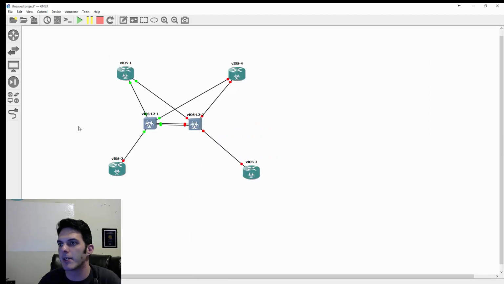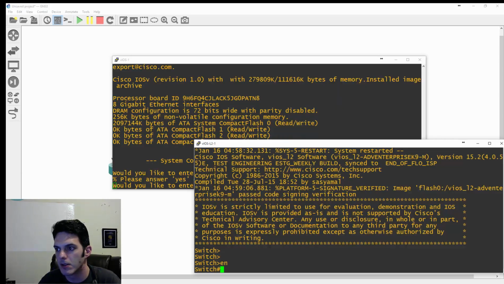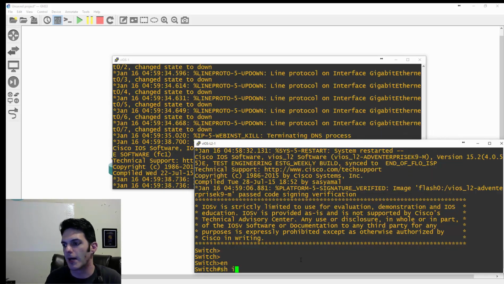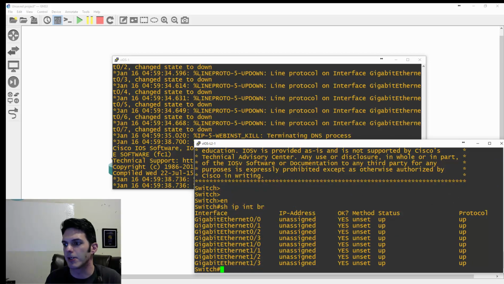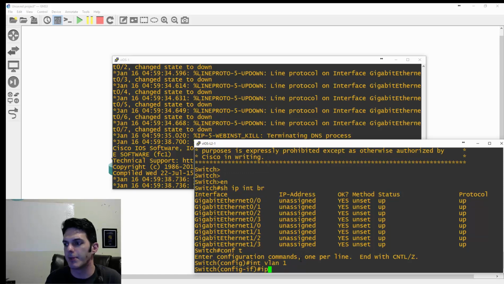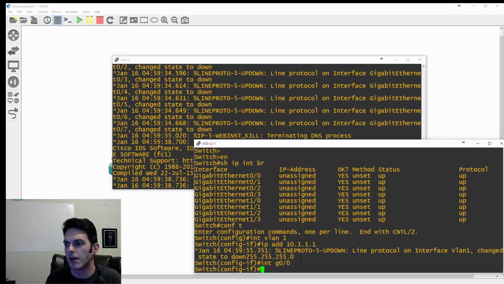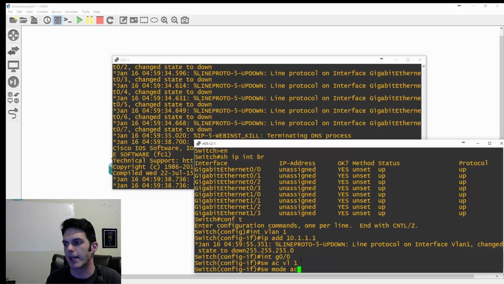I'm going to enter no on this guy, and enable here and log into that. I'm going to minimize these guys, bring up the port so it's Ethernet 0 to Ethernet 0. So I'm going to bring them both back up, and go to show IP interface brief. Then config T, interface VLAN 1, IP address 10.1.1.1/24,